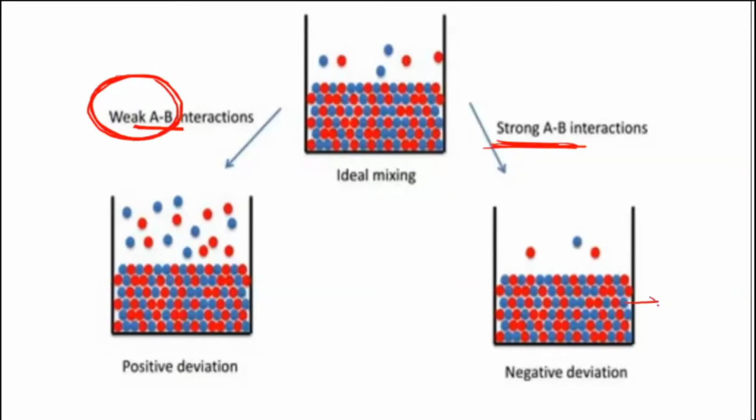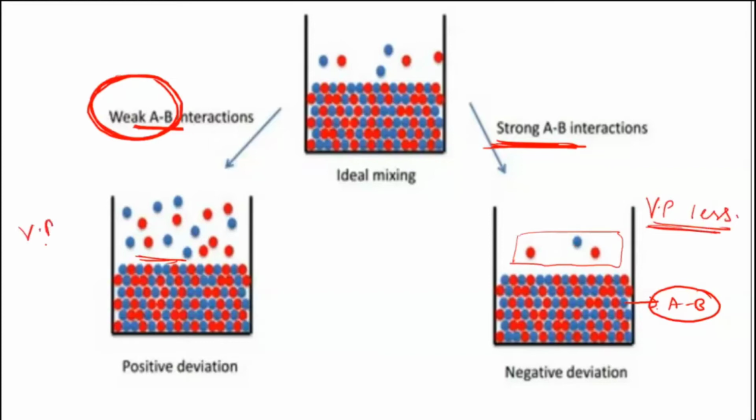When A and B have formed the solution, since the interaction is very strong, they would like to stay there. If they like to stay, the tendency to escape will be less. So the amount of molecules you will find in the vapor phase is very little compared to the previous one, because the tendency of interaction is stronger. So the overall vapor pressure will be less if the interaction is stronger, and in this case the vapor pressure is going to be more because the interaction is weaker.